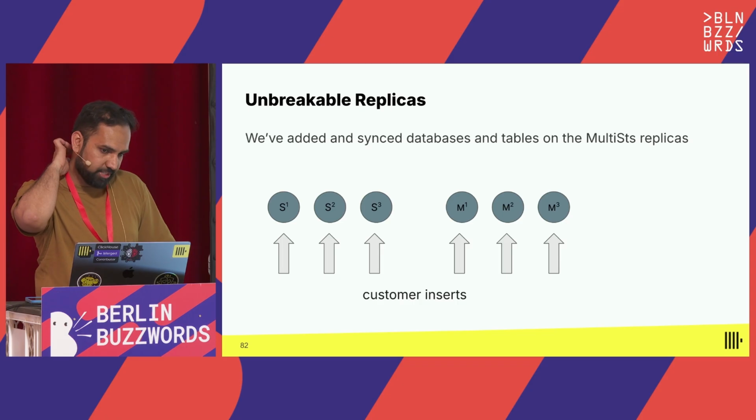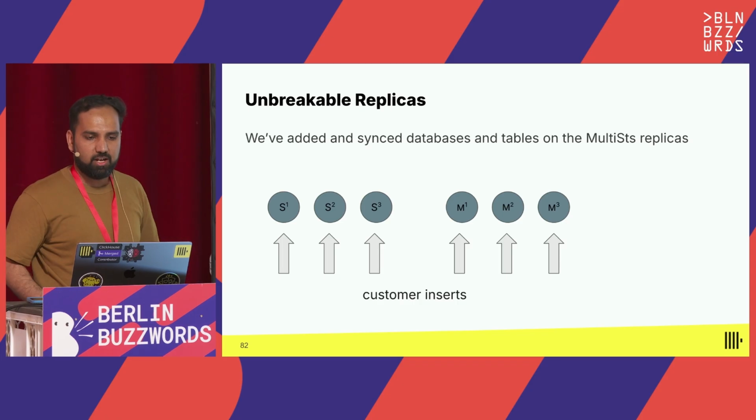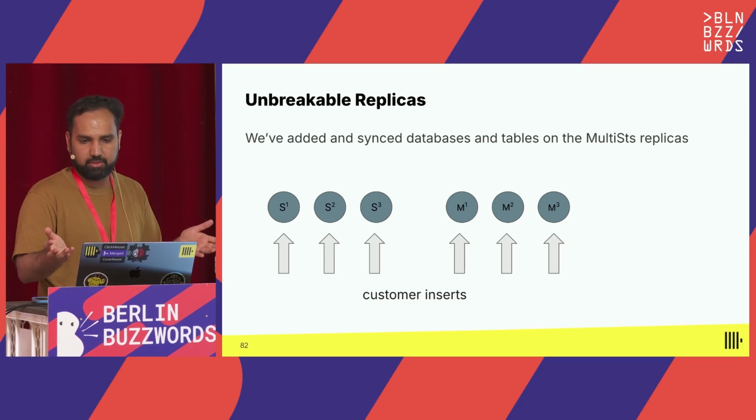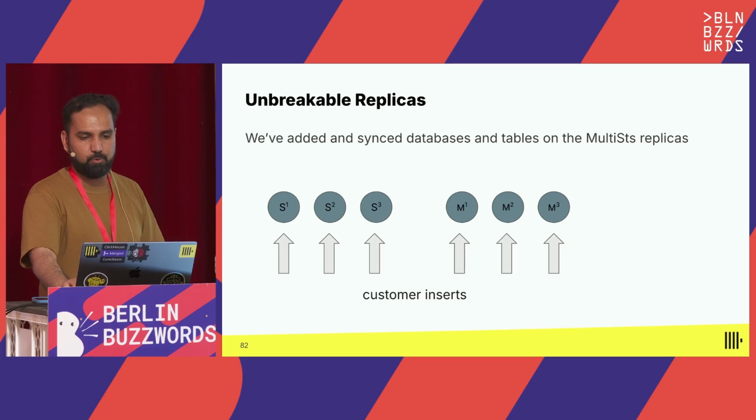And this is, again, a very interesting problem, which is unbreakable replicas, right? Because you're doing make before break, what you want to do is synchronization of the catalog, right? That was the original thing when we had the sync step inside our MBB operation. So you have inserts coming into these 6 replicas at this point.